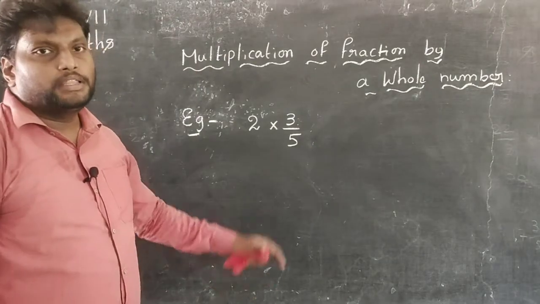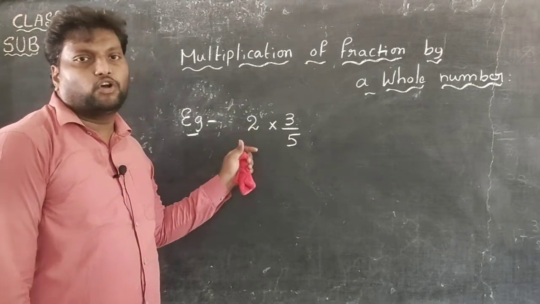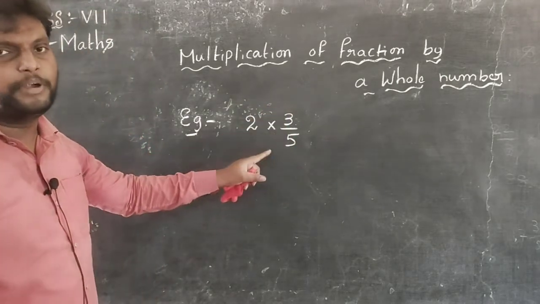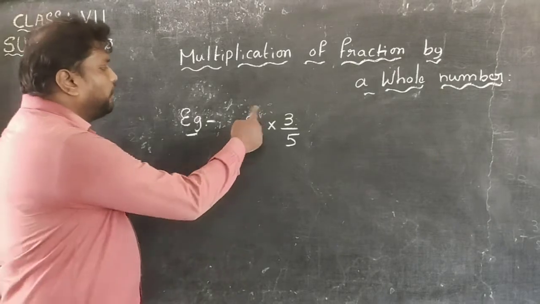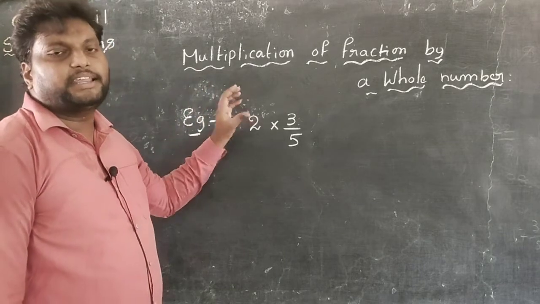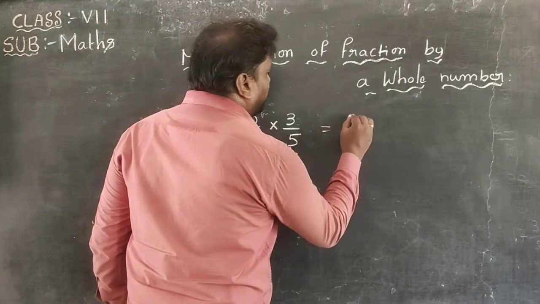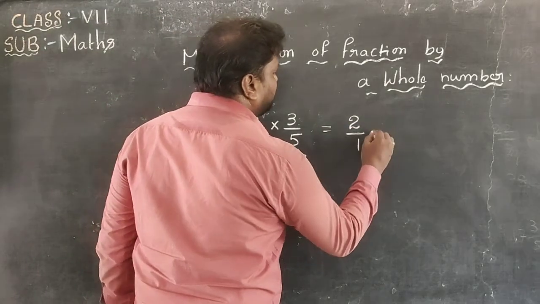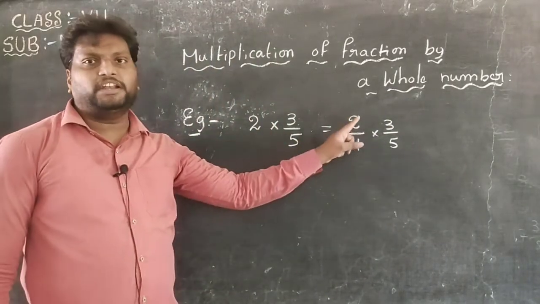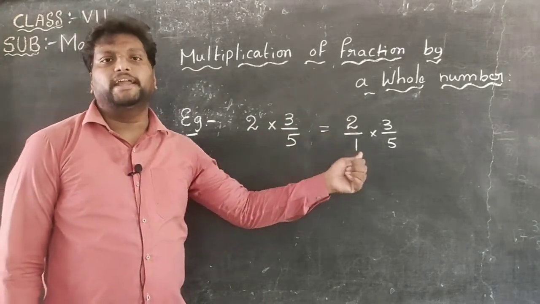Actually, what is the rule? The product of numerators divided by the product of denominators. But here the first one is a whole number. There is no denominator, while the second fraction has a numerator and denominator. Then what about the first one? In multiplication of fractions, the whole number is always considered a numerator. Otherwise, this whole number also we have to convert into a fraction. Why? Because any number divided by 1 gives itself. There is no change. That's why we take 1 in the denominator.